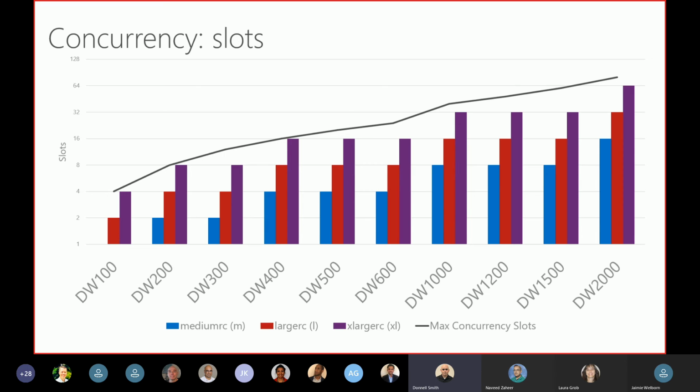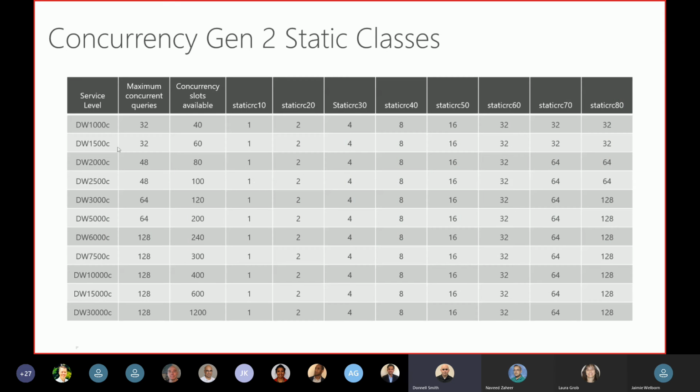That also scales as your tier level scales up. In this example, which is a Gen 1 tier structure, you can see where the number of slots scales up as you basically increase your service tier level. Looking at it from a Gen 2 perspective, and you can find this in the online documentation,